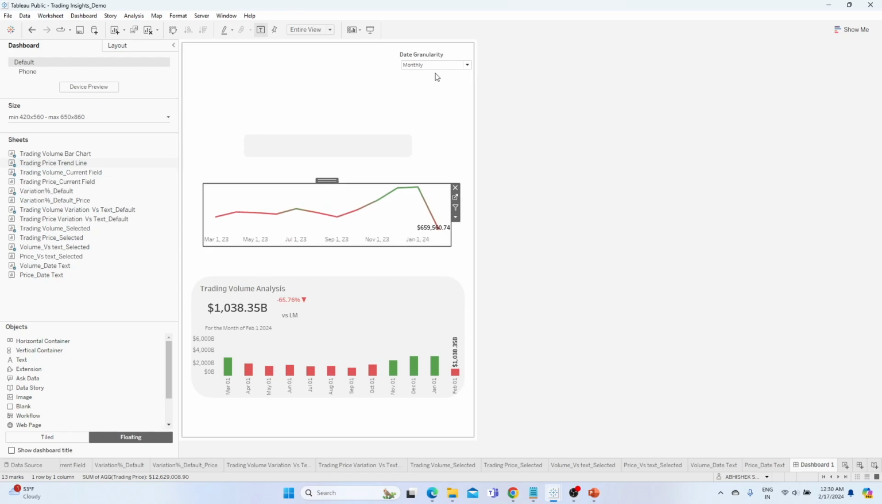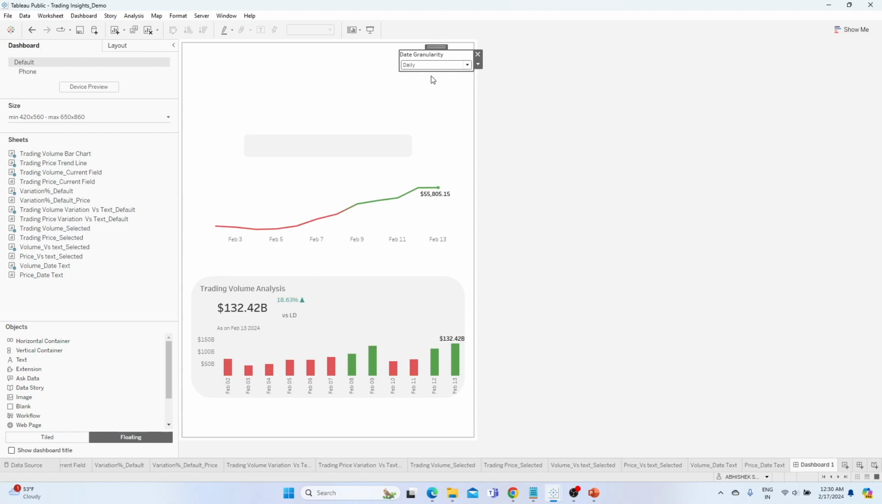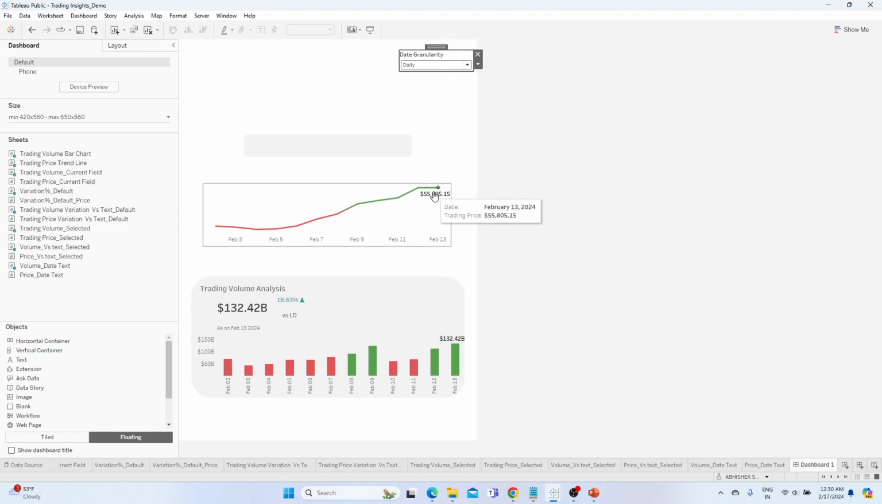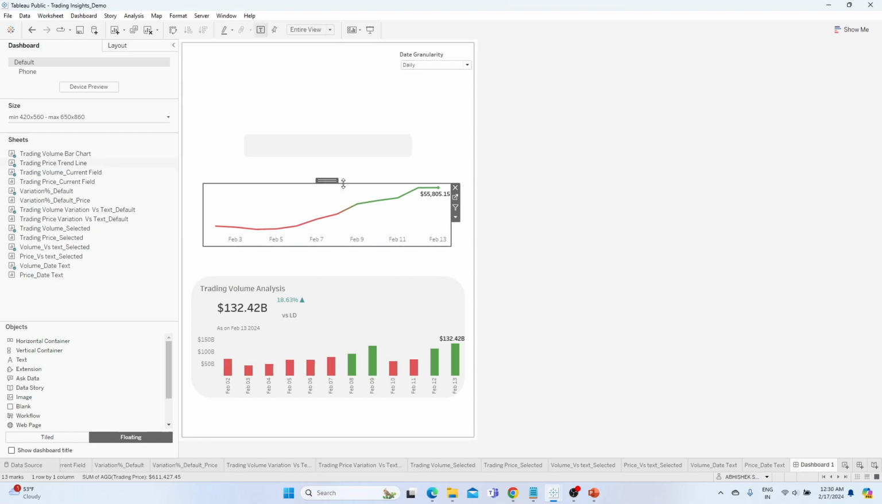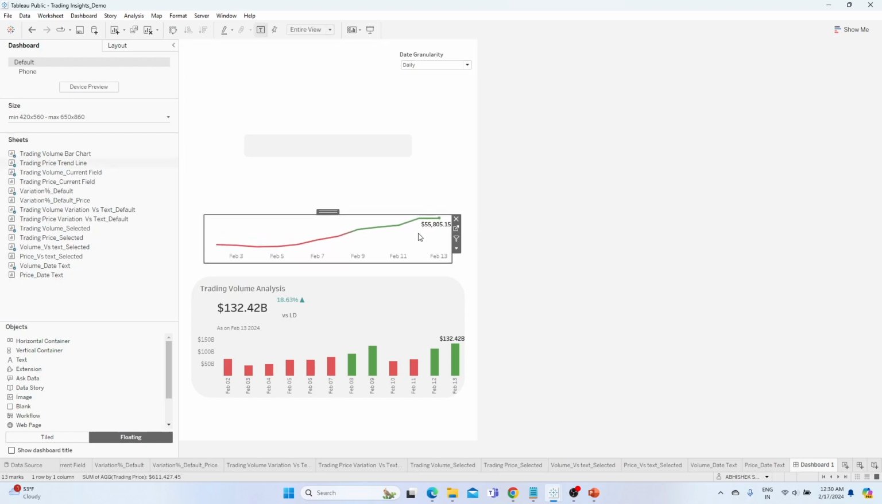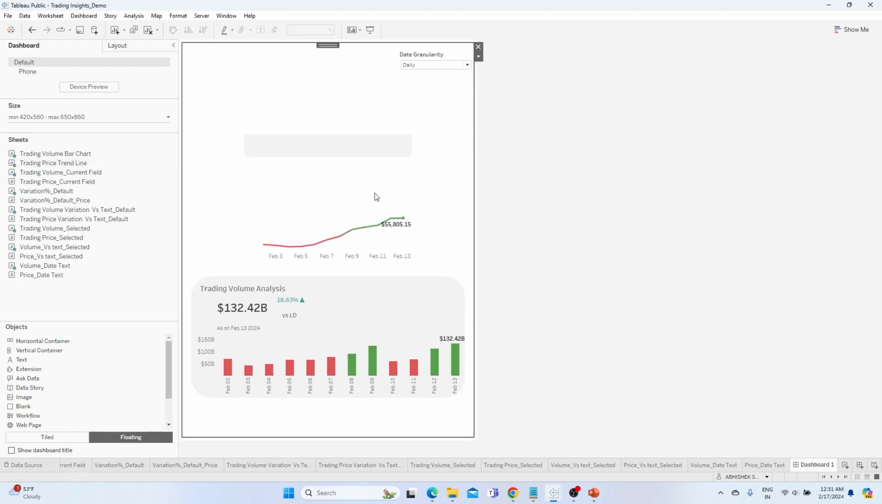So here is my line chart. This is the price, the trading price, right? Okay, so this is my line chart. Now on the top, I should put these same type of KPI charts. So okay,